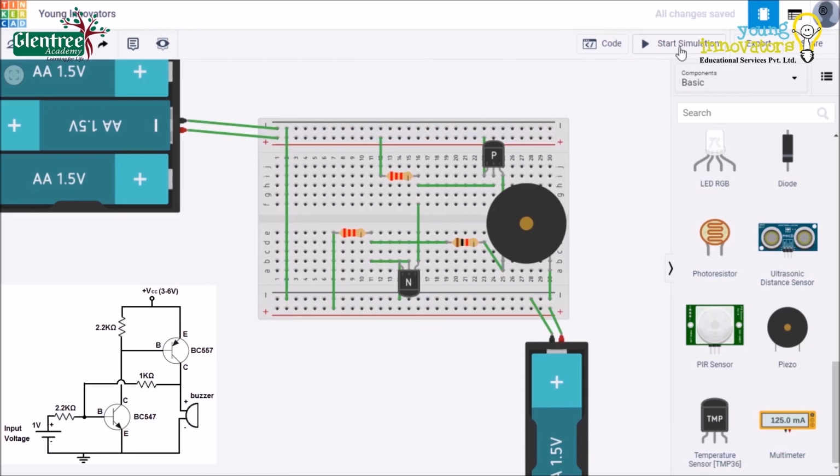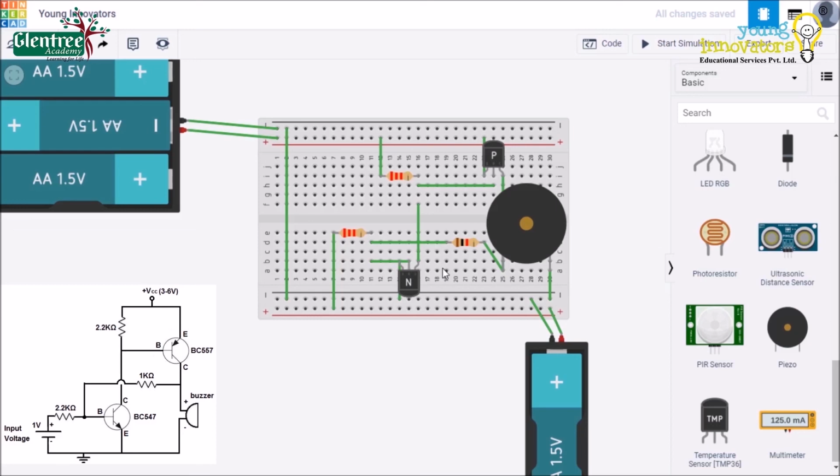Let us start the simulation to check the output of the buzzer. In a practical application, you will hear the beep sound or the volume of the buzzer loudly. Since this is an online simulator, if I press on start simulation, we will just observe the vibrations in the buzzer, which tells us the circuit is working completely fine.